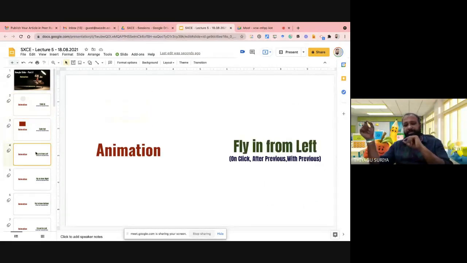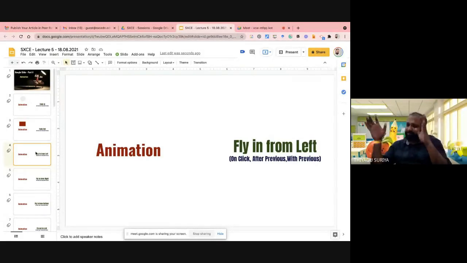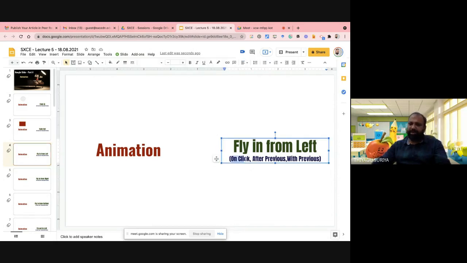Now I move to the third animation effect, flying from left. The word comes from the left onto the screen. Here also there are three options: On Click, After Previous, and With Previous. You can go with any mode. Generally go with On Click. Don't go with On Click for everything, because pressing each time creates a lot of confusion.